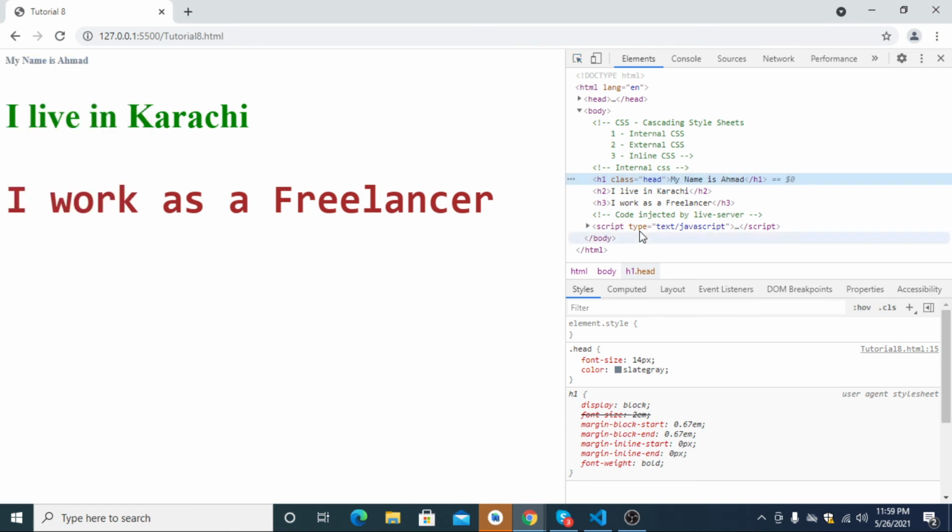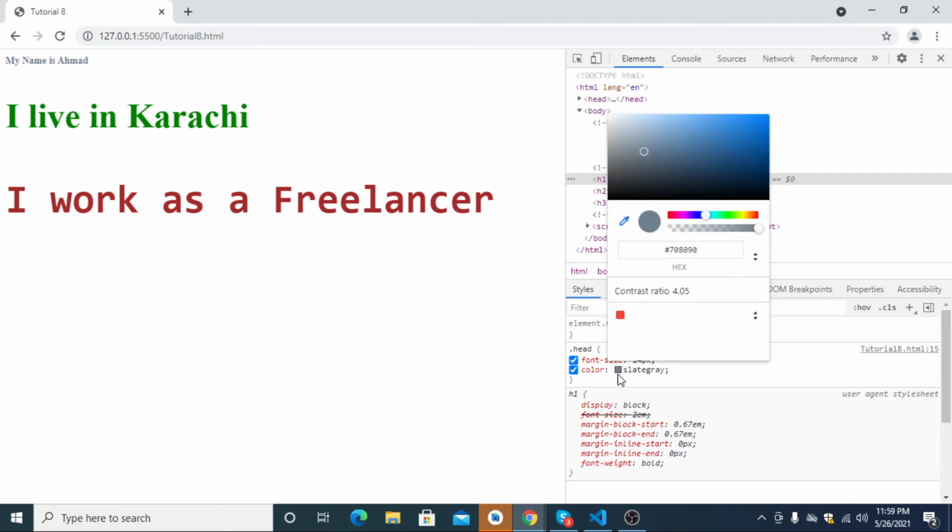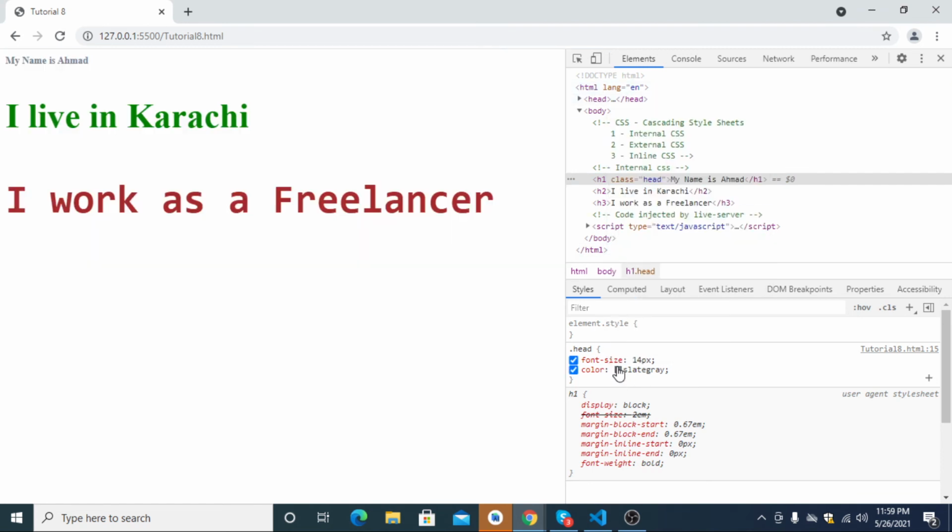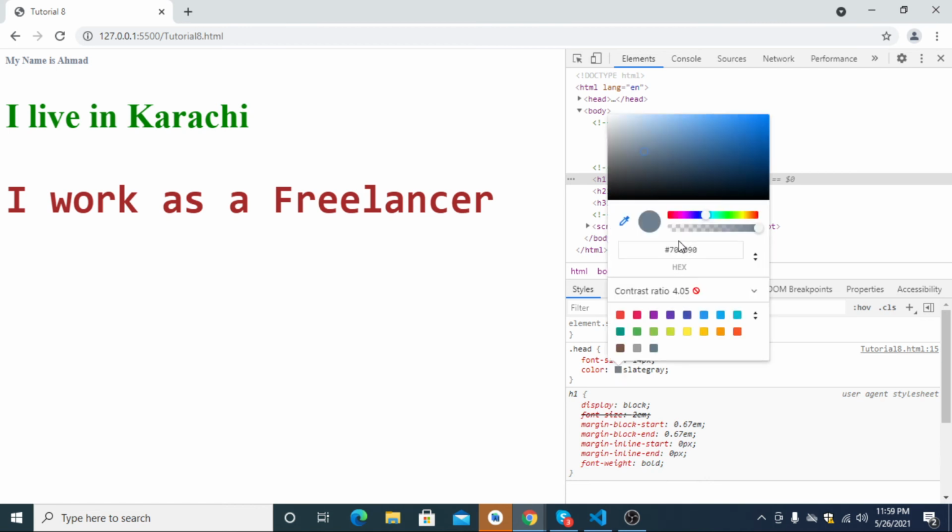This is the heading and I want to change the color. Okay, why is it not working? Simply double click over here. You can see this hexadecimal code, which is 6 digits: 1 2 3 4 5 6. Either you can write this, or you can write the name.